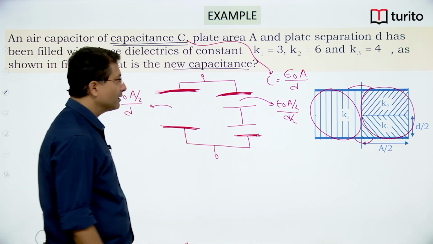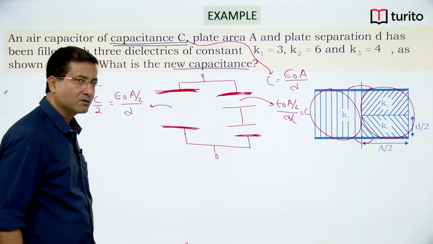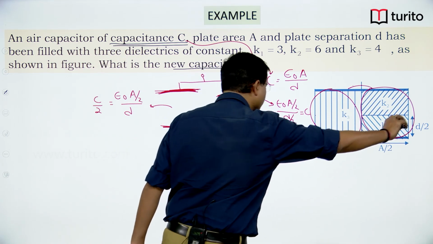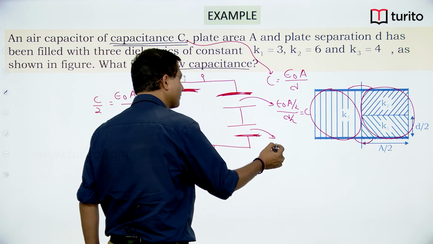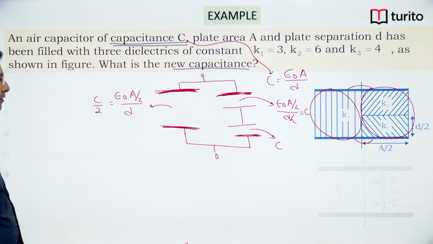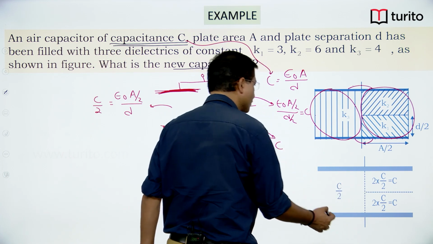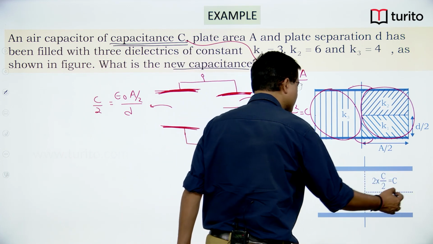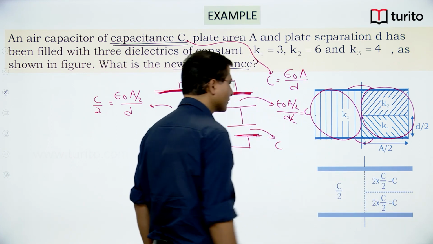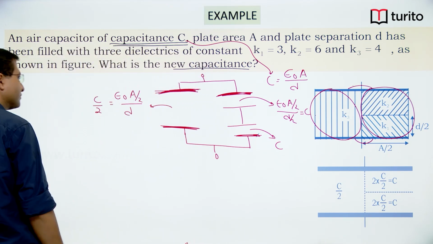If I simplify, this will become C. The same thing happens to the below one, it also has capacitance C. So without dielectric, if I draw it again, it will be something like this. This part will have capacitance C by 2 and this part will have capacitance C, and this part will also have capacitance C. But with dielectric, if I place dielectric here,